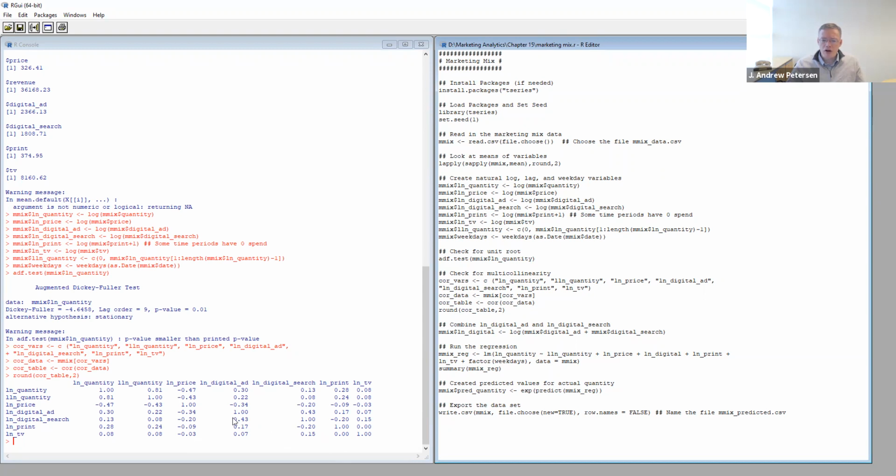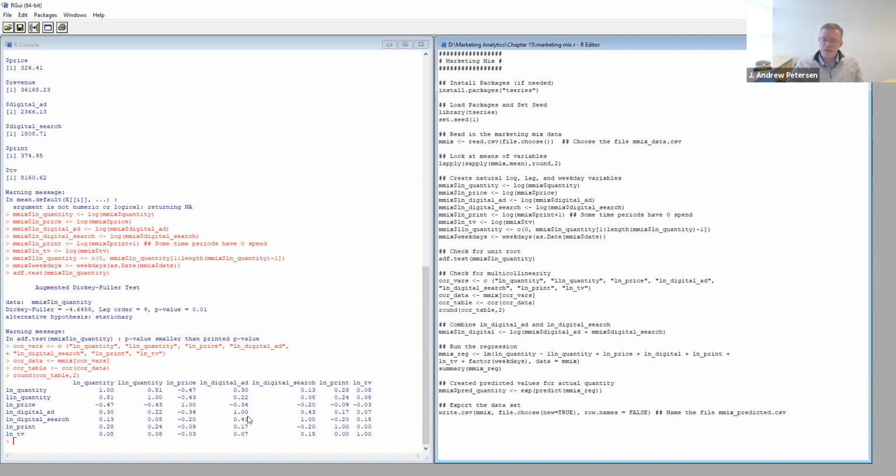We do see among our other variables that digital ad spend and digital search are pretty correlated. The reason for that is probably that whoever controls the spending in those channels is making the decisions on each of those spends at the same time, in which case the decisions are probably pretty correlated with each other. So in this case, we don't want to put both of those variables in the model because